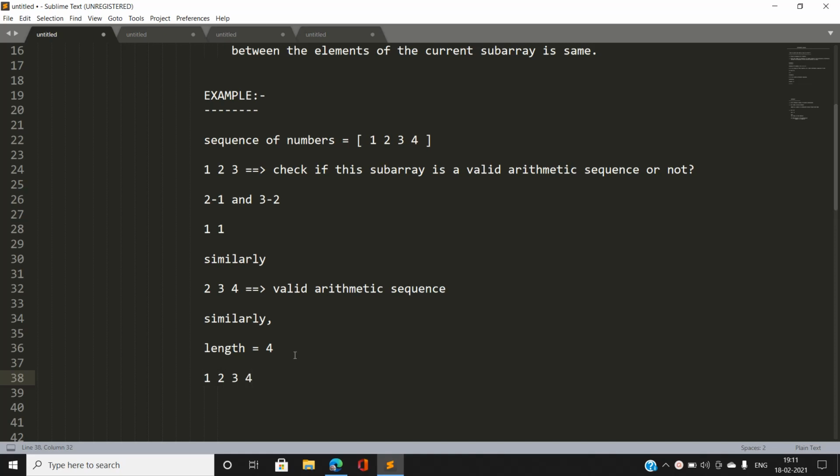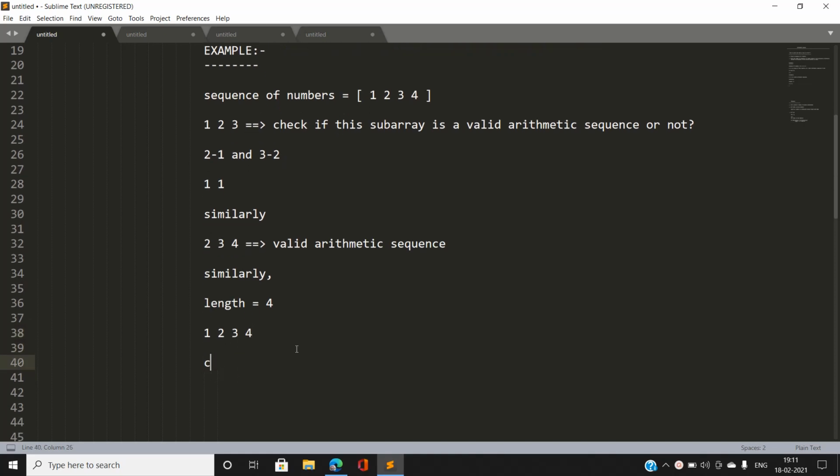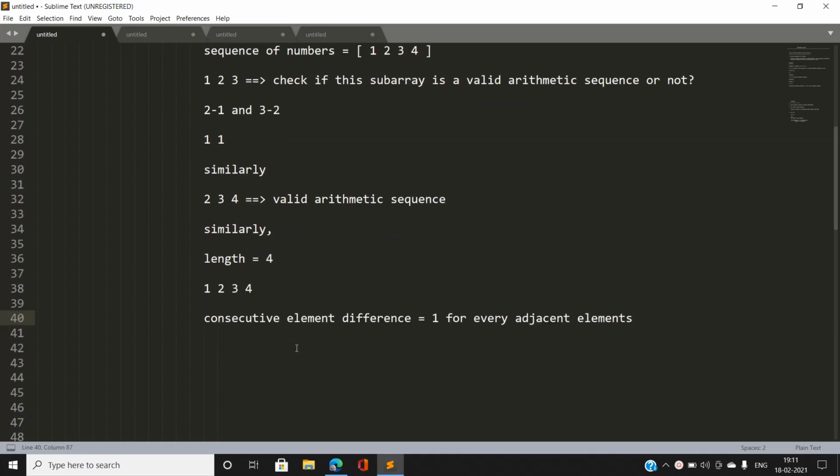Here again, if we calculate the consecutive element difference, it is again going to be 1 for every adjacent element. Here you can see that this is also a valid arithmetic sequence.